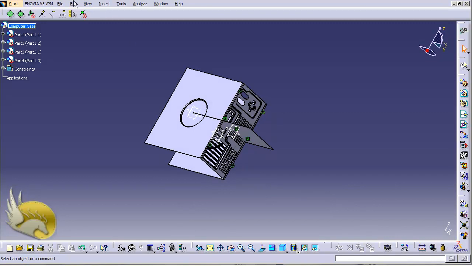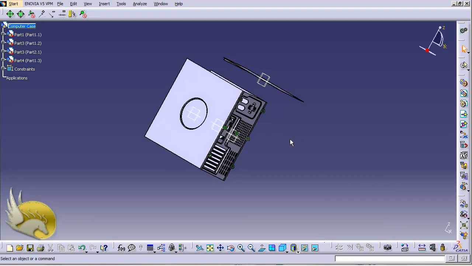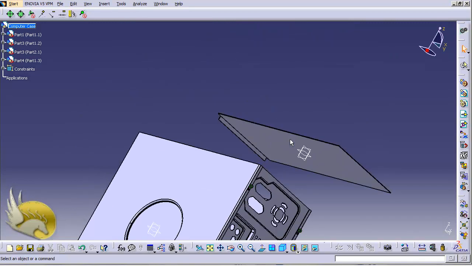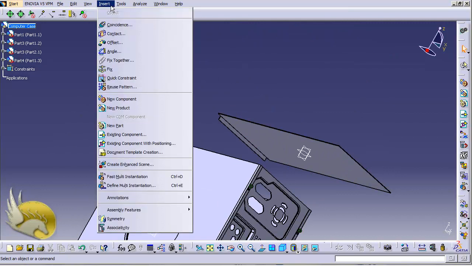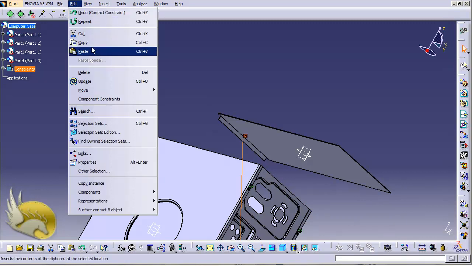So I select Edit, Move, Manipulate, and select this to move it in Z direction. Now I need to rotate it. But let's do this using constraint, okay? So by zooming in, the first thing I want to do is this: add a contact constraint between this inner face and the outer face of this. So I go and select the update,